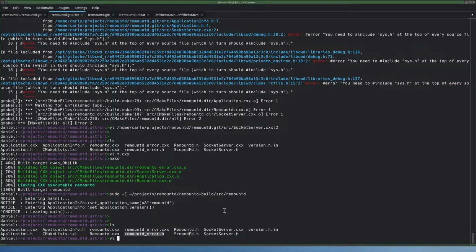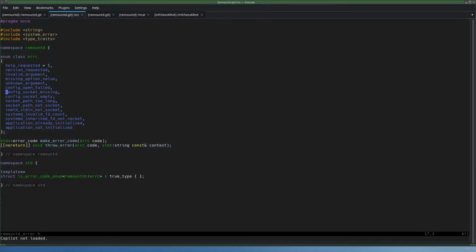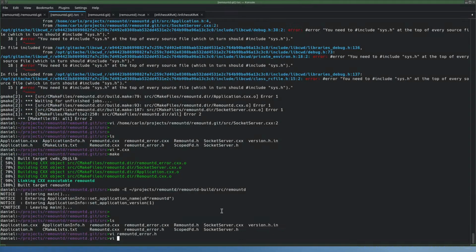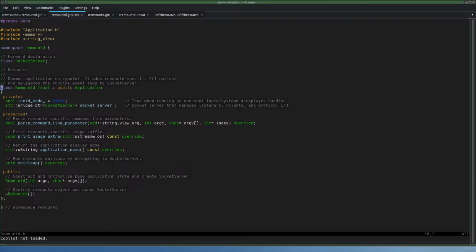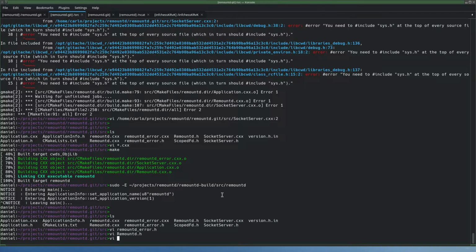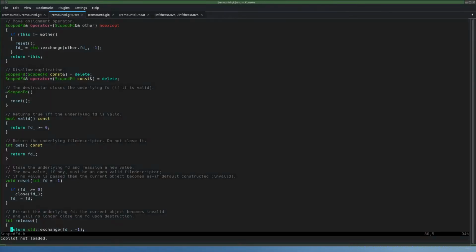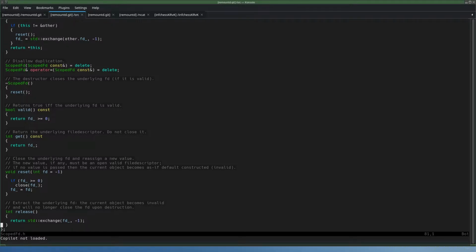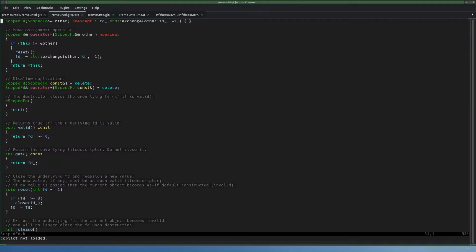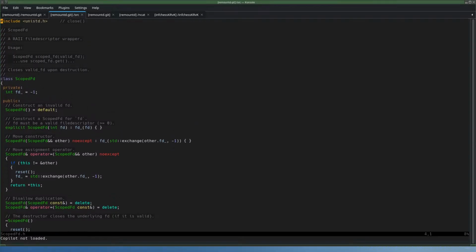Next header, remount daemon error. There is nothing to do here. Remount daemon header, also no code. Scoped. Hardly worth adding debug output.